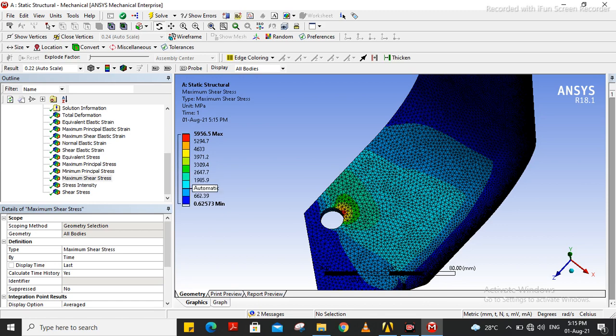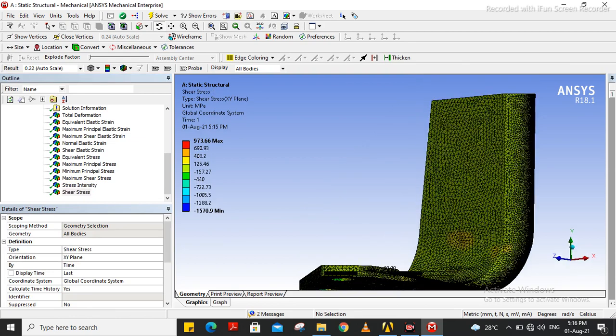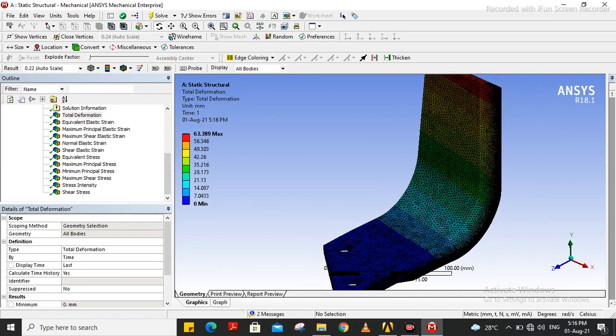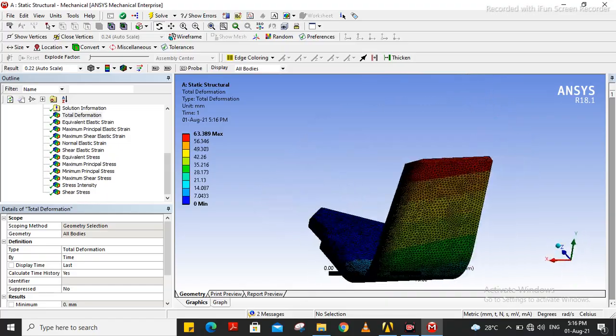Unit is given over here, and then stress intensity is 11,913. That is maximum stress intensity in megapascal. Then shear stress is given like this. So in this way we can see the analysis of this rotavator blade.